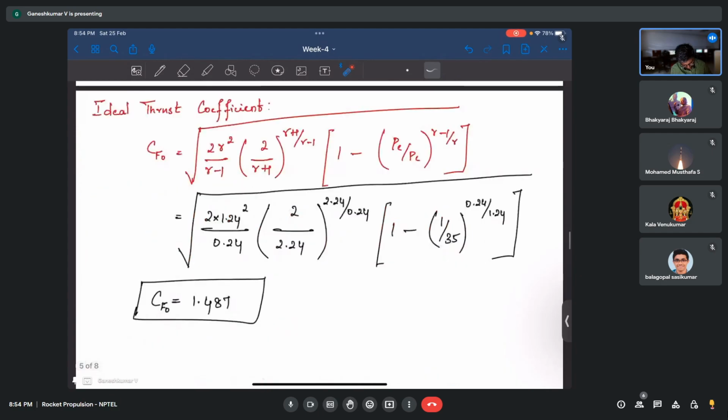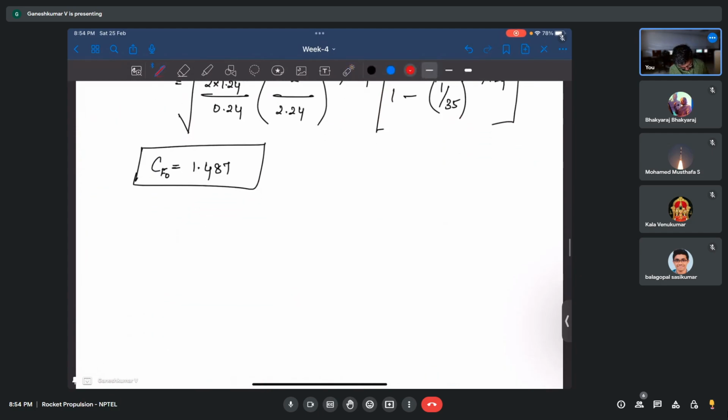So how does the formula now look? The actual thrust coefficient CF is nothing but CF naught, or this big equation, plus PE by PC minus PA by PC, divided by AE by AT. What do we know about AE by AT? AE by AT is nothing but the expansion ratio epsilon. This is PE minus PC. Let me write it down. Plus